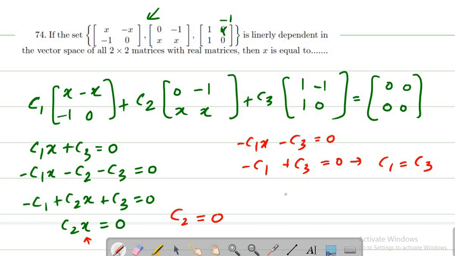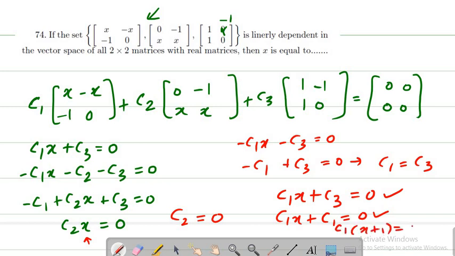So what is the value we can predict here? We get something like this, and then we can write it in this form, and we can write c1 times (x plus 1) is 0, or what we can say is x has to be -1, because c1 cannot be 0, right? Because c2 is already 0, and if c1 is 0, then c3 also becomes 0, right? But we are testing linear dependence, so we are taking a combination for which at least one of the ci's is non-zero, such that this linear combination is equal to the 0 vector. So in this case x has to take the value -1.